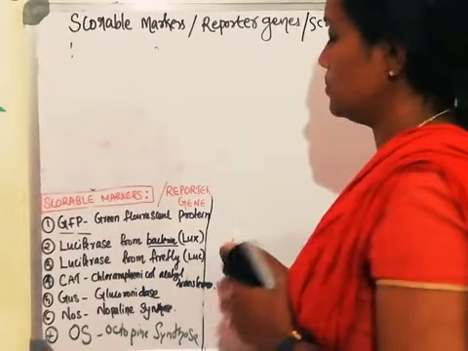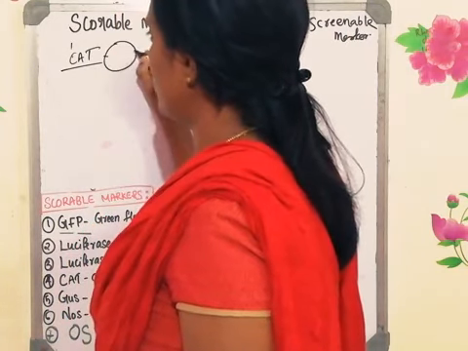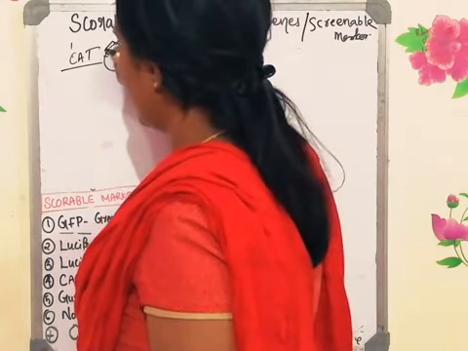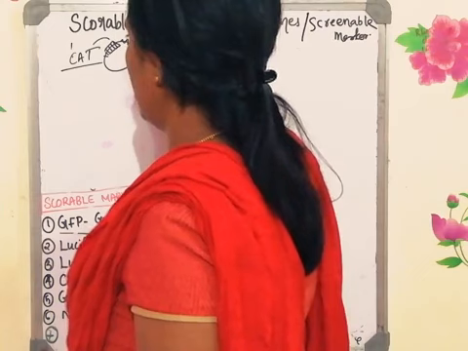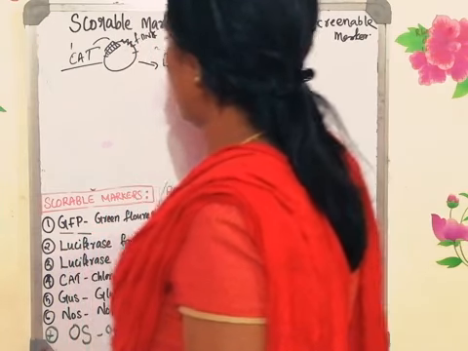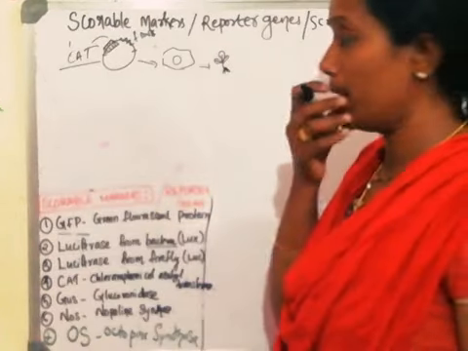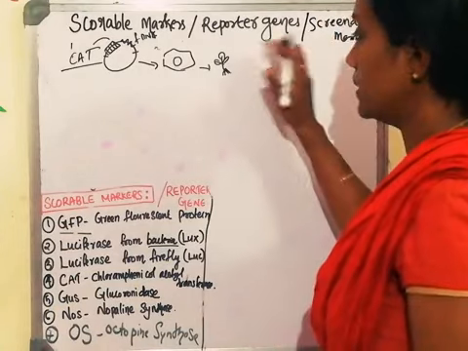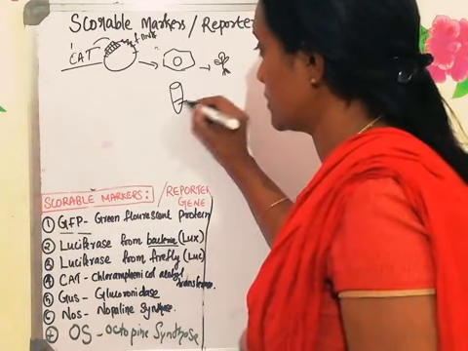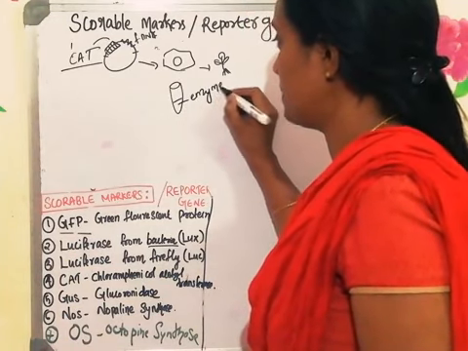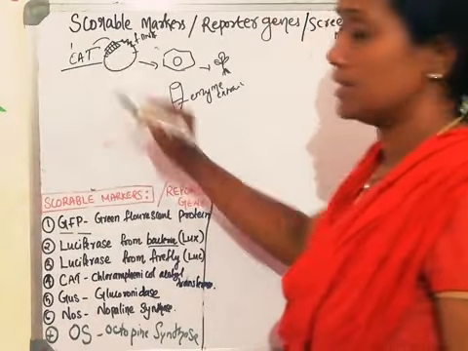The next reporter gene which is used is CAT, if you are using CAT as the selectable marker gene. This diagram you always need to keep in mind. In between the left and right border, we are using CAT, and along with the CAT there is foreign DNA. Once this is transferred into the plant cell, you make the plant grow and you get a plant, which we assume is a transgenic plant with the foreign DNA. To analyze whether the plant has taken up this CAT and the foreign DNA, you have to make an enzyme extract. The enzyme extract will have the foreign DNA and also chloramphenicol acetyl transferase.